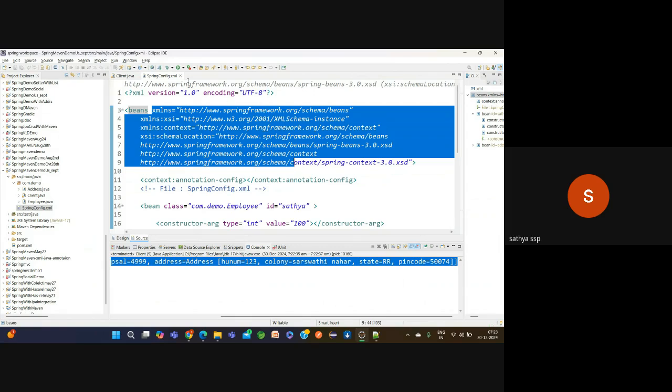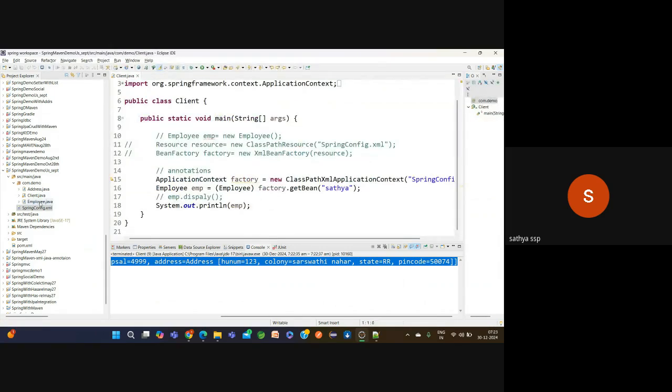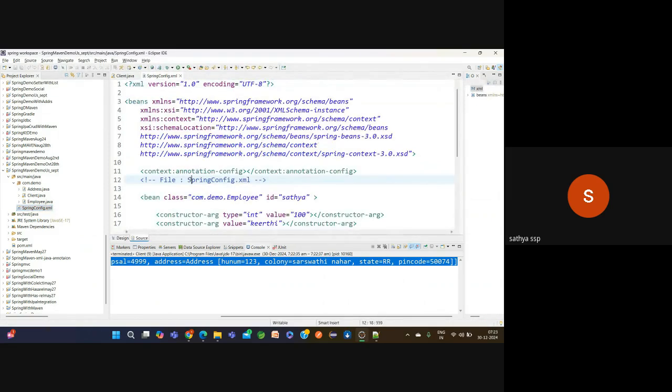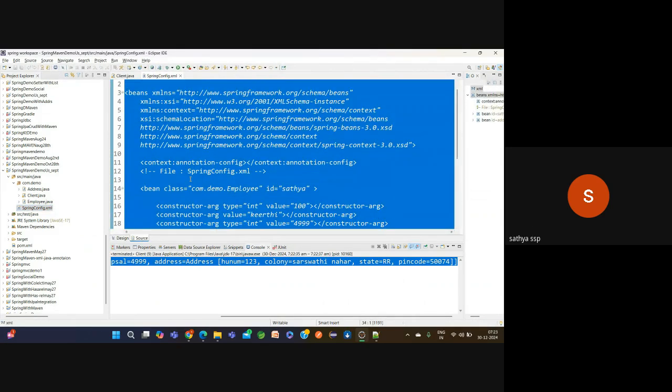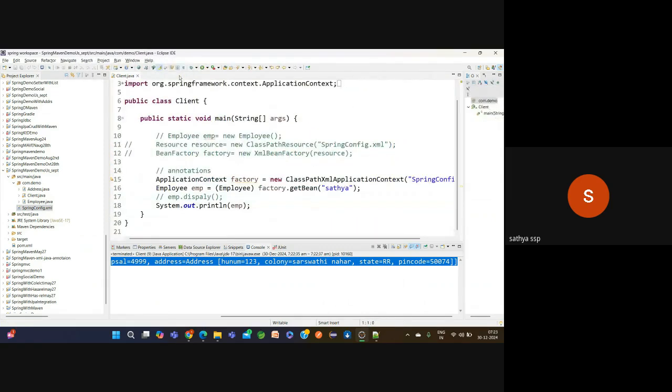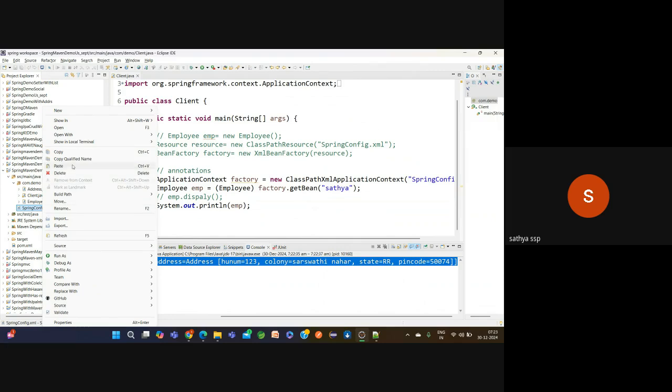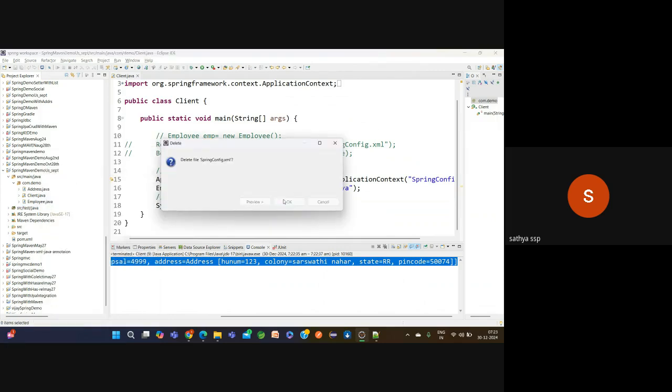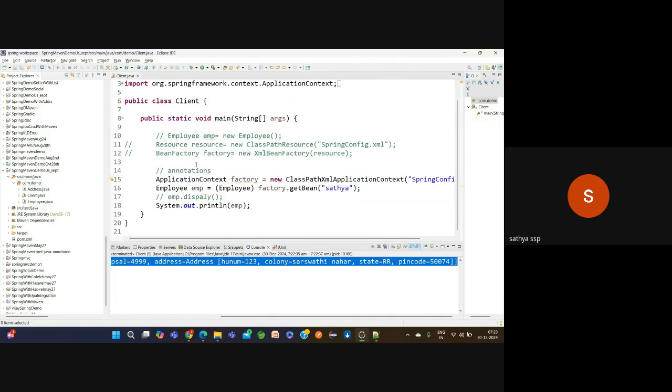Now I am going to delete this file. Suppose I simply comment this one, Ctrl+A and Ctrl+/ to comment, or I can simply delete this file. That will be better. Okay, now if I delete this file, can I work? Is it possible? Now if I execute, can I get the output right now